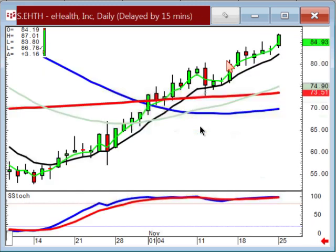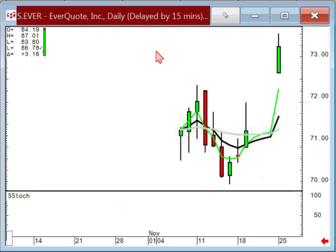So we got two problems, or not two problems, two benefits, I guess. When the market's not doing anything, we still have the capabilities of scanning and finding the best trades. Now, there may only be 4, 5, 6, 7 of them to look at in a sideways or lethargic market. On the other hand, that puts us in positions where at least we know that even when the market's not acting well, we can be in trades, or when the market is acting well, we can identify which ones are the good ones and scan through or kind of cultivate through to see which ones have the best upside